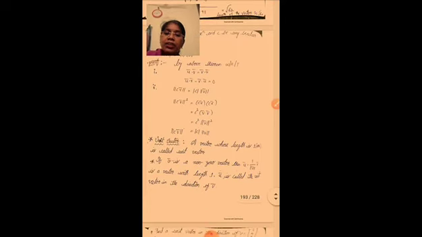A vector whose length is 1 is called a unit vector. So next, if v bar is a non-zero vector, then u bar is equal to 1 by norm v bar into v bar, which is a vector with length 1. u bar is called the unit vector in the direction of v bar.